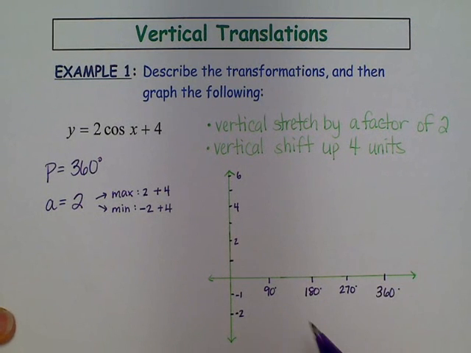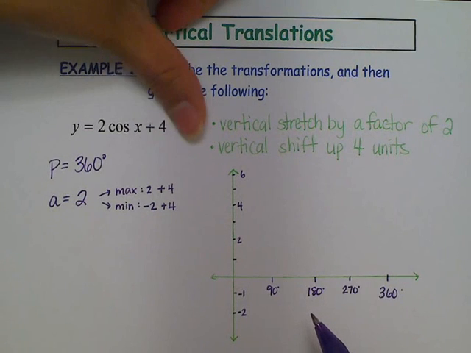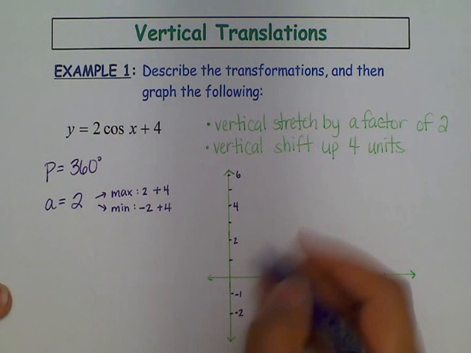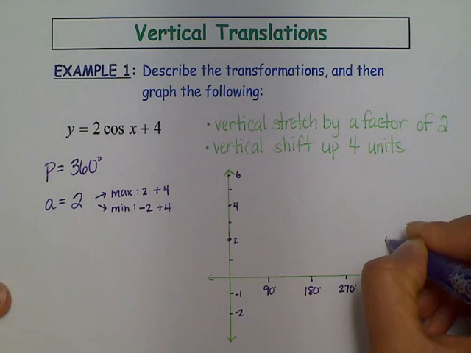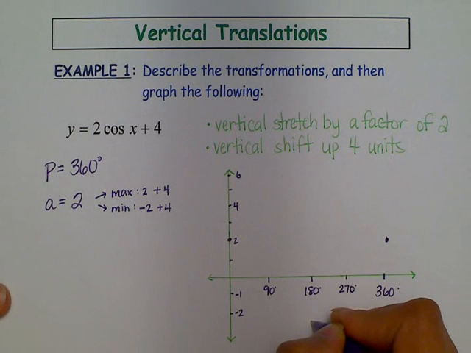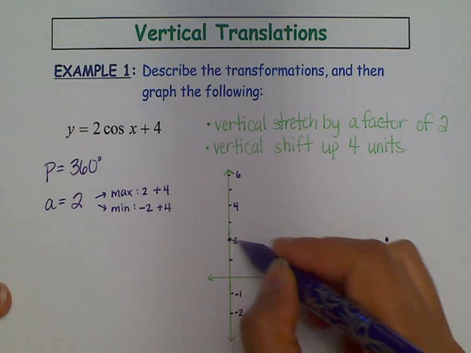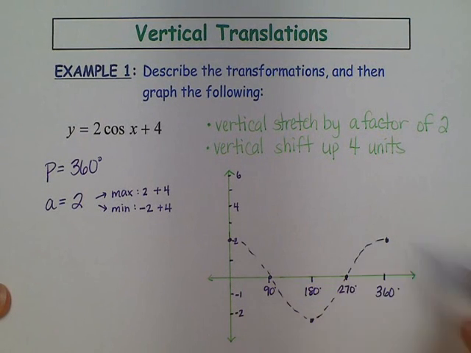Okay, so because this is a cosine function, I'm going to graph y equals 2 cos x first, and then I'm going to shift the entire graph up 4 units. So it's a cosine function, so I know it starts at a max and it ends at a max, and it's going to have a min in between, and then my two zeros. And I'm going to just draw this graph dotted